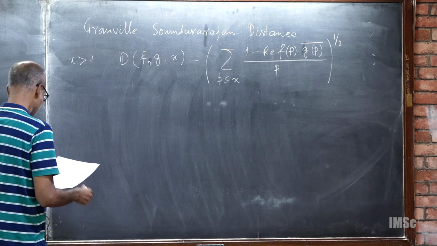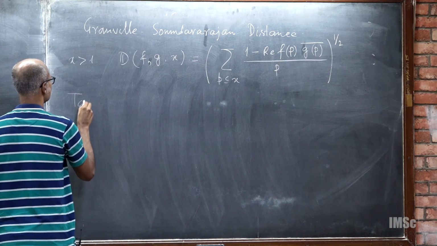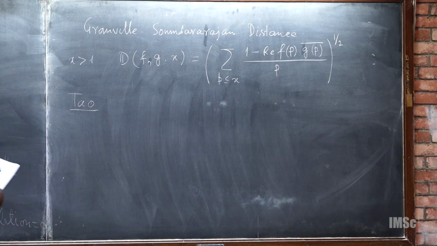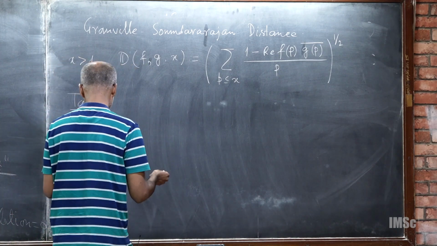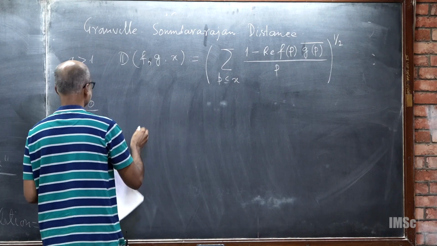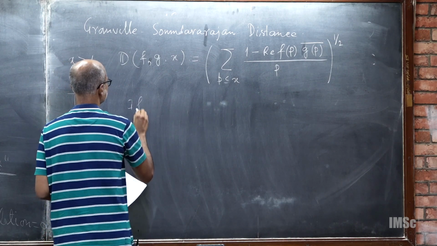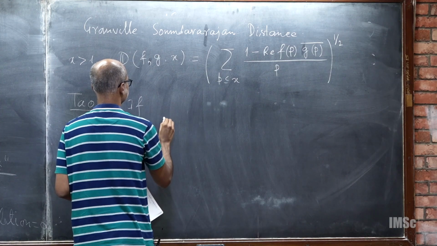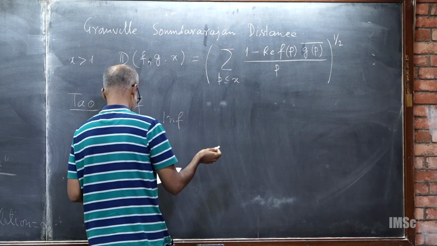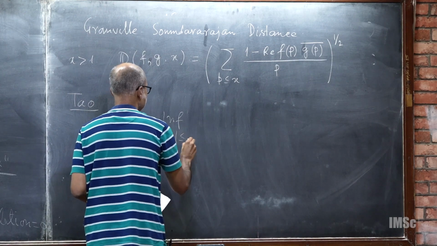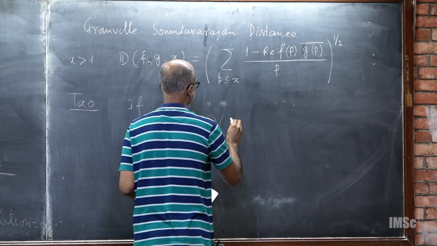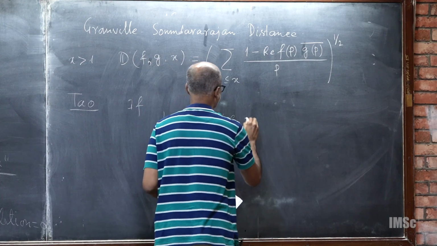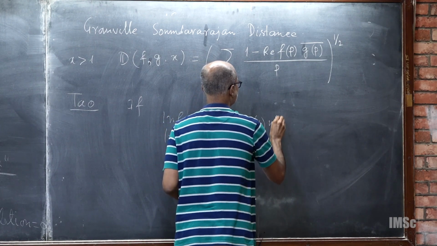Yeah. So now we can state what Terence Tao proved. So Tao's result. The exact result is much more general, as I said. It says, if the infimum over real numbers t less than or equal to x of the distance between f and chi n to the it